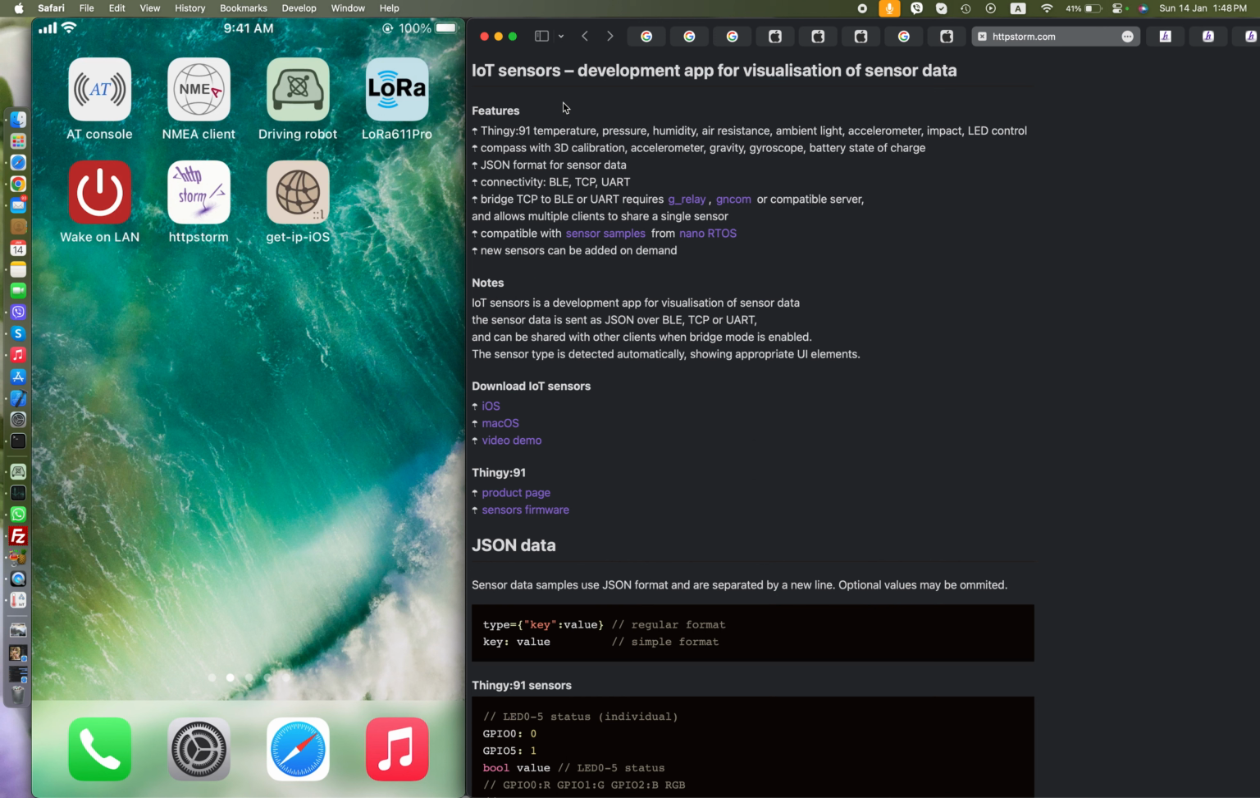IoT sensors is a development application for visualization of sensor data. Some of the supported sensor types are temperature, pressure, humidity, air resistance, ambient light, accelerometer, impact, compass. It can also control the sensor, like trigger 2D or 3D calibration for a compass, toggle LEDs, display gravity, gyroscope, battery state of charge. The sensor data arrives as a label followed by JSON object with the data,